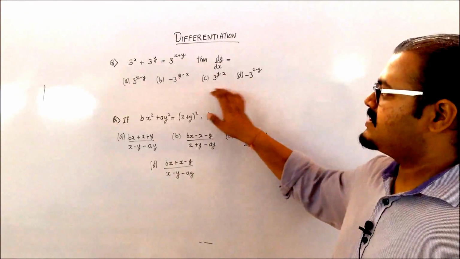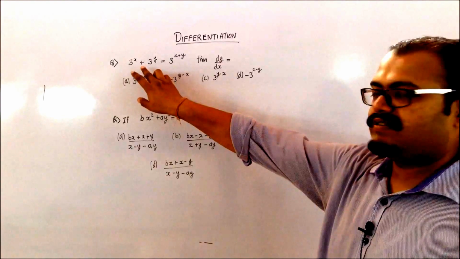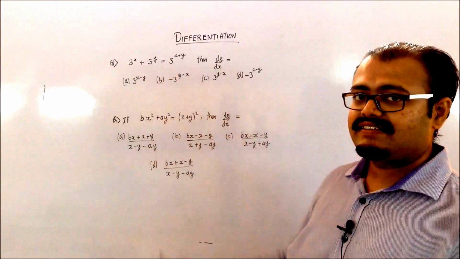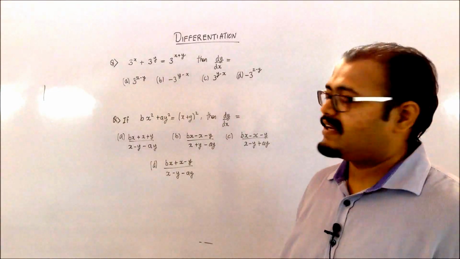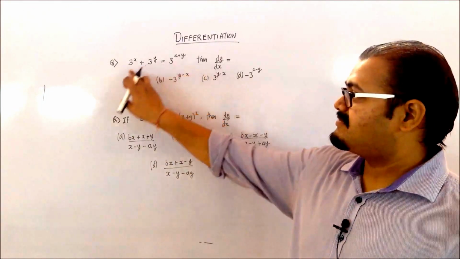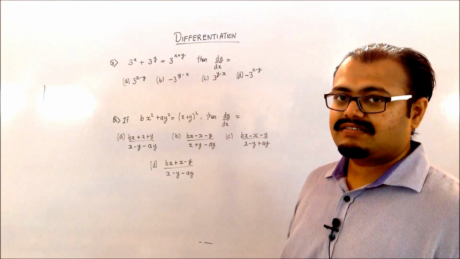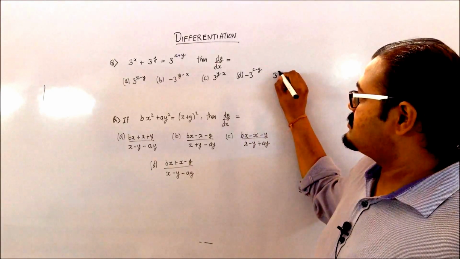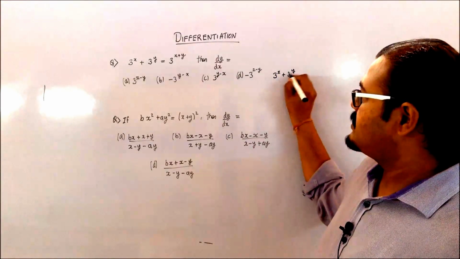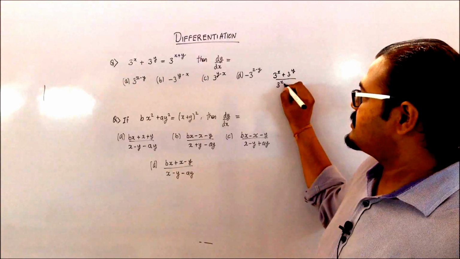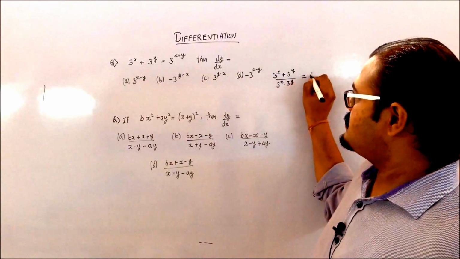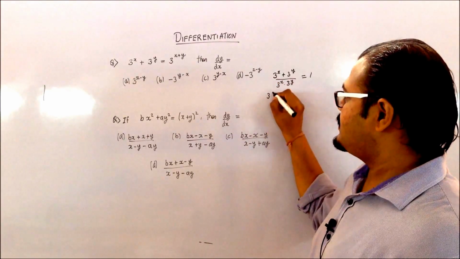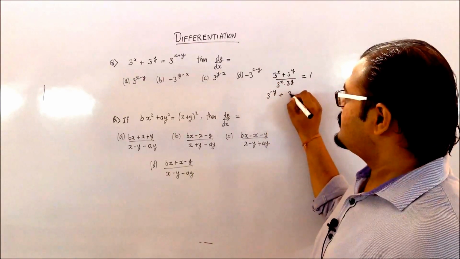So next one is I am getting 3 raised to x plus 3 raised to y equals 3 raised to x plus y. So when you are having such a function, if you just apply some simple trick, you can just divide this equation by 3 raised to x plus y. So what you will get is 3 raised to x plus 3 raised to y divided by 3 raised to x into 3 raised to y equals 1. So if you just split this up, so you will have 3 raised to minus y plus 3 raised to